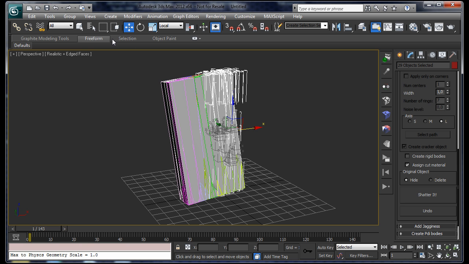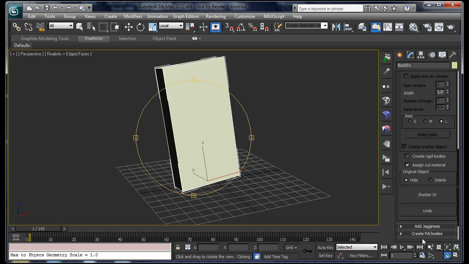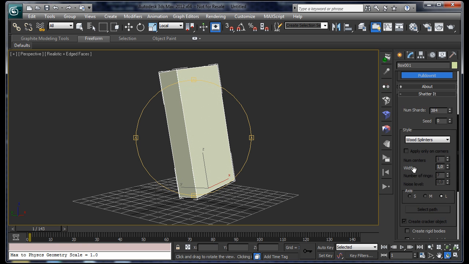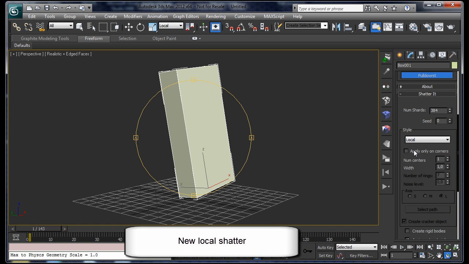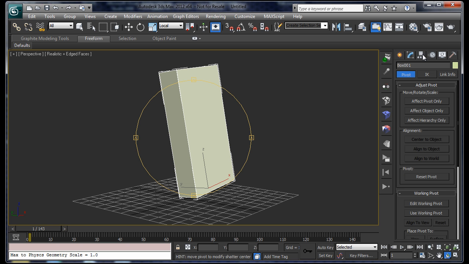Okay, let's undo this because there is another tutorial about wood splinter, so I'm going to focus on the new local shader style. Set local shader style, and well, by default it comes with several parameters. Let's set number of centers to 1, and in this way it is now pivot based. So if we move the pivot of the object,